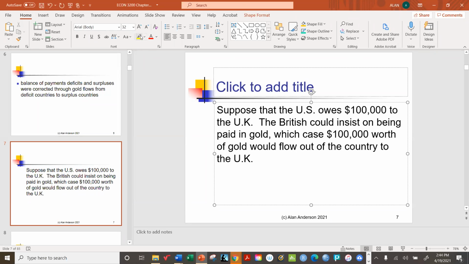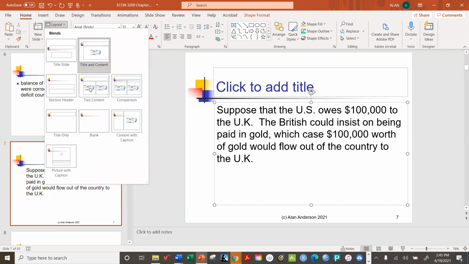And it goes both ways. The British, which have a surplus, no longer have a surplus because they've been paid for the deficit with gold. So in a case like this, gold is taking care of all these international deficits. And it happens automatically. I mean, it's possible that the British wouldn't insist on receiving gold, but because we're on the gold standard, it's probably the case that they would expect to be paid in gold fairly quickly. Otherwise the gold standard falls apart if the countries involved do not honor their commitments to each other. All right, well, anyway,